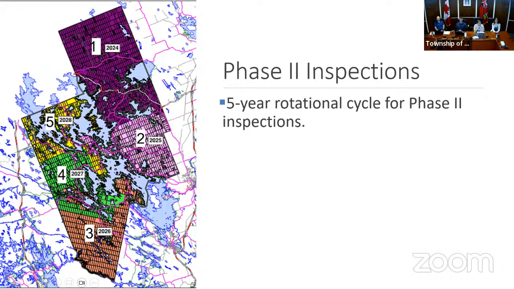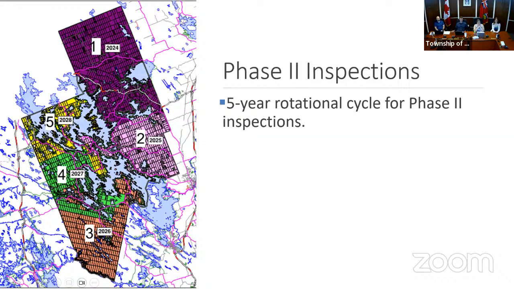On the left side of the screen, we see a map of the township, which has been divided into 5 geographic zones. These zones were drawn based on municipal roll numbers and an approximately equal number of developed properties. Zone 1, being the 2024 inspection area, is the area colored dark purple, and this is where phase 2 inspections